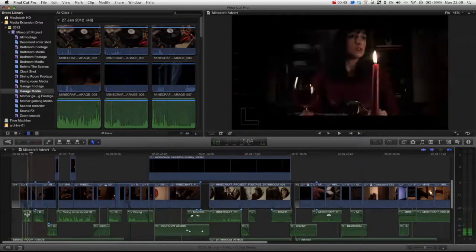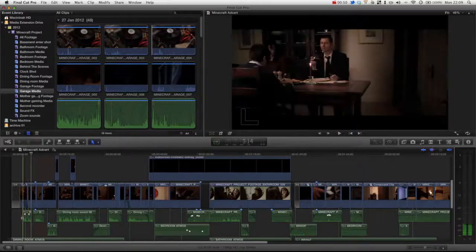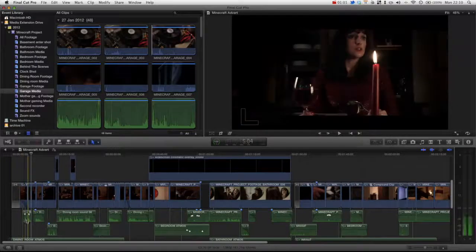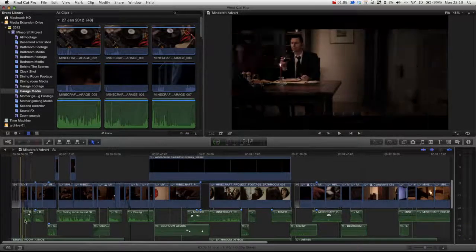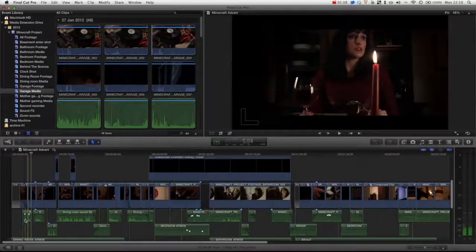However, to me it sounds a little flat. Now, when you're trying to record the audio, this is what you want. However, when you're trying to output to film, you want something a little bit more dynamic. So what we're going to do is do a very simple boost of the high tones and boost of the low tones as well, to give it a little bit of bass and an extra bit of clarity. So if we just click on the clip and then press I for the inspector,